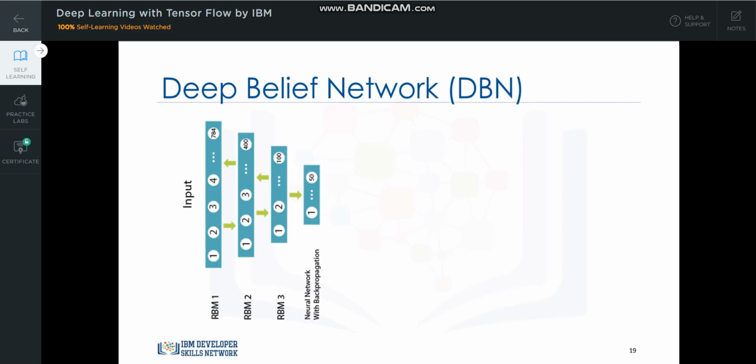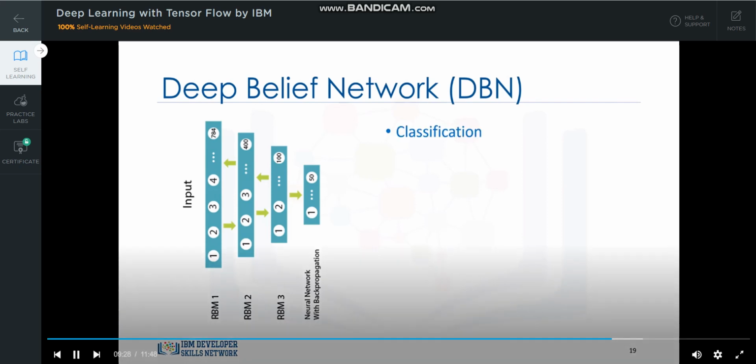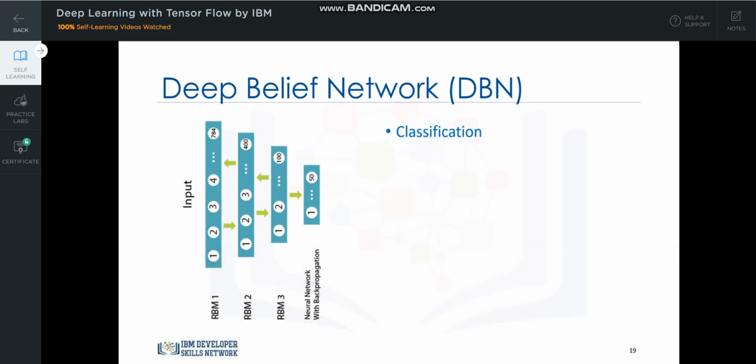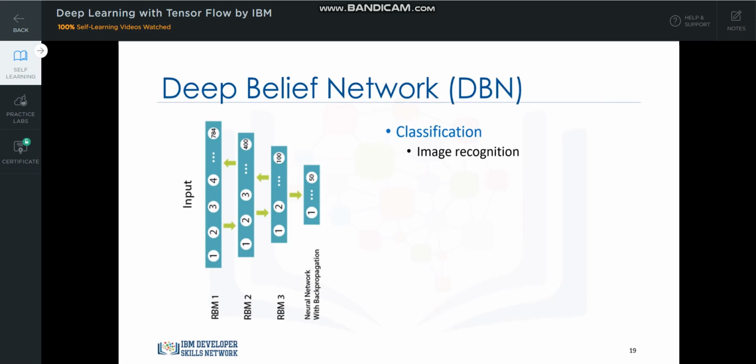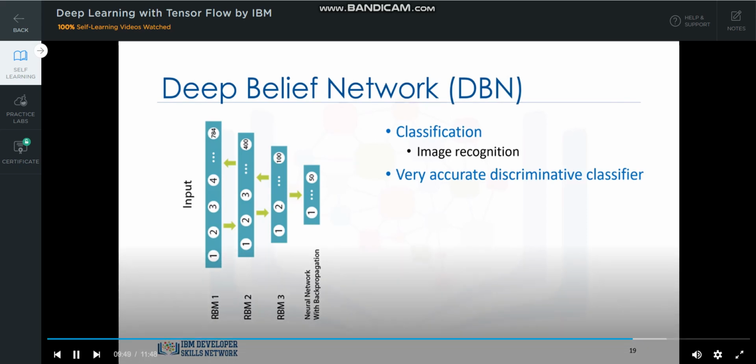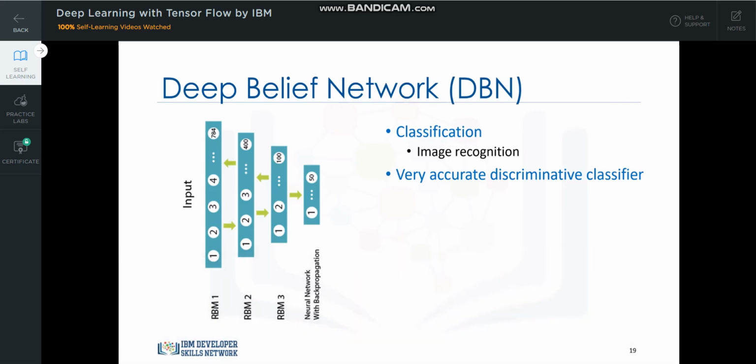So, what are the applications of DBNs? DBNs are generally used for classification, same as traditional MLPs. So, one of the most important applications of DBNs is image recognition. The important part to remember here is that a DBN is a very accurate discriminative classifier. As such, we don't need a big set of labeled data to train a deep belief network. In fact, a small set works fine because feature extraction is